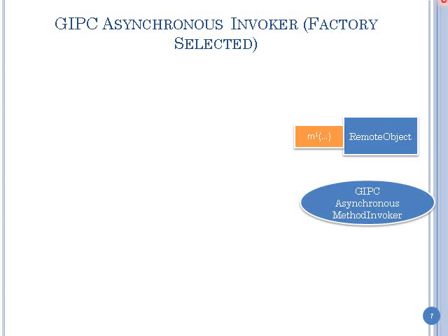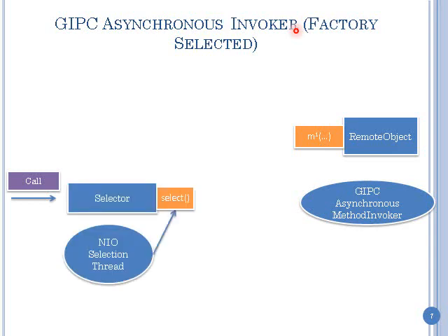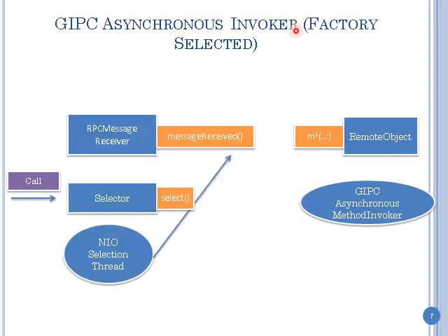There's a synchronous invoker and an asynchronous invoker. If you really know you're not going to do this, and you don't want the context switching of threads, you can put the factory and say, I want the synchronous guy. Otherwise, you can get the asynchronous invoker. With the asynchronous invoker, the call comes in, the selection thread calls select, message received, and